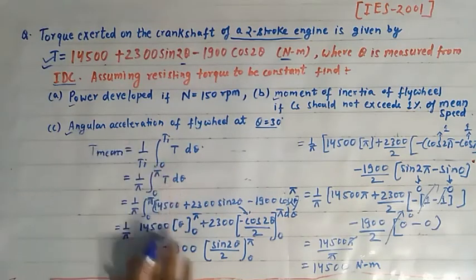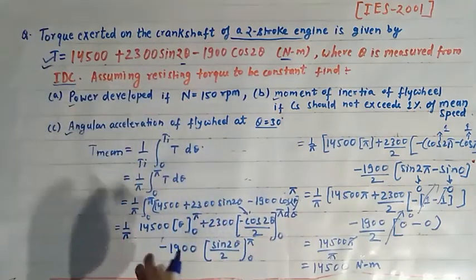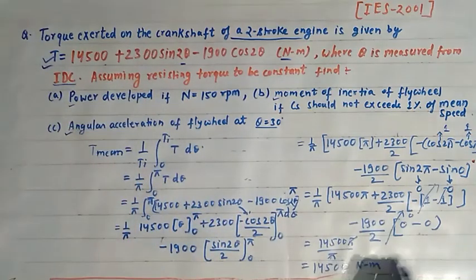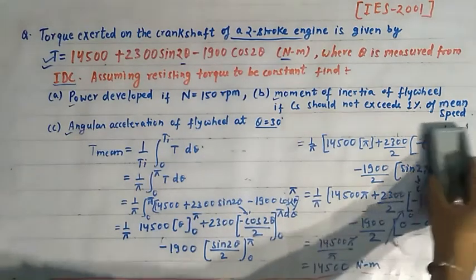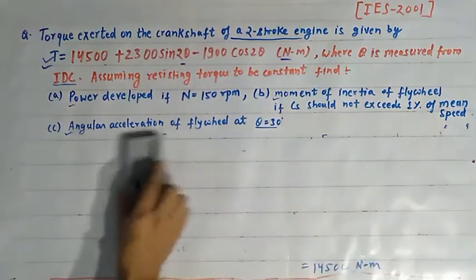So this was the method to calculate the T mean, but you do not need to calculate the T mean by using this particular method. You can go directly to method number 1 to calculate the T mean. So we have calculated the T mean. Now the next thing is we have to calculate the power. That is the first part of the question.